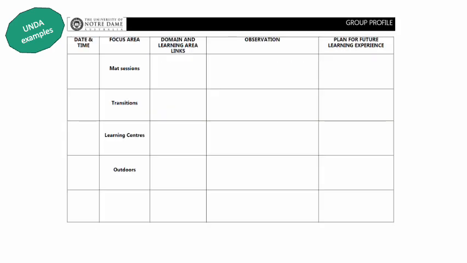Thinking with your dated observations, this might be where you would look at a group and you might go, okay, I'm really going to focus on my transitions. I'm going to focus on how they're paying attention at different things. And so then you think, okay, how are my math sessions going? What am I doing? What am I observing? What have I noticed? And what am I going to do next with it? Thinking about then your transitions between your mat time to outside time, or mat time to activity time, and so on. What is that going to look like?